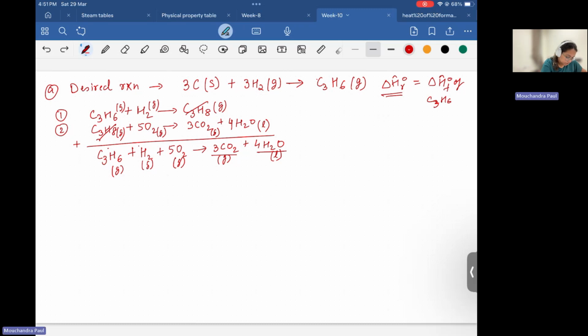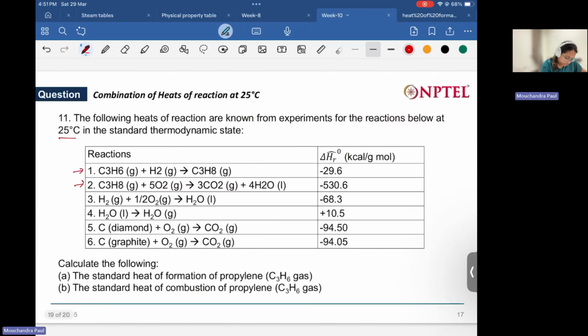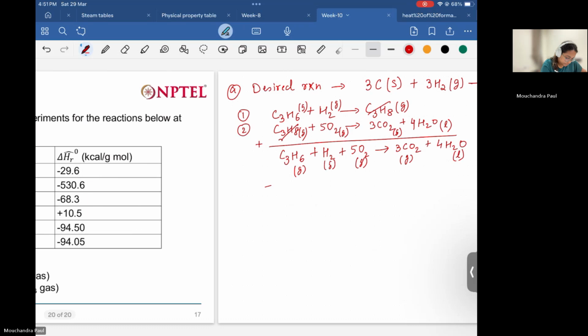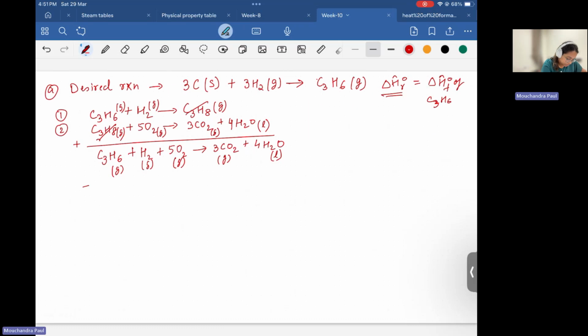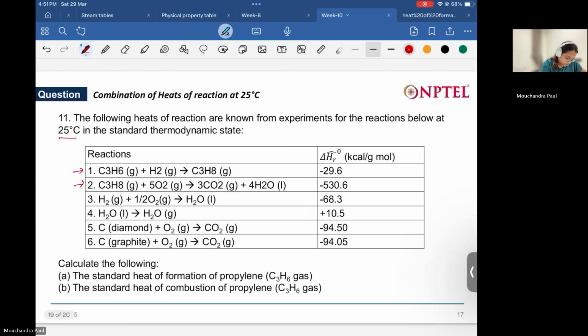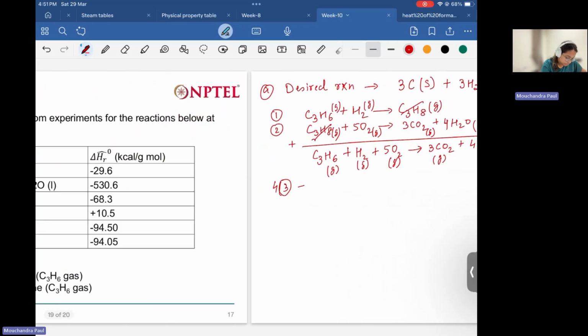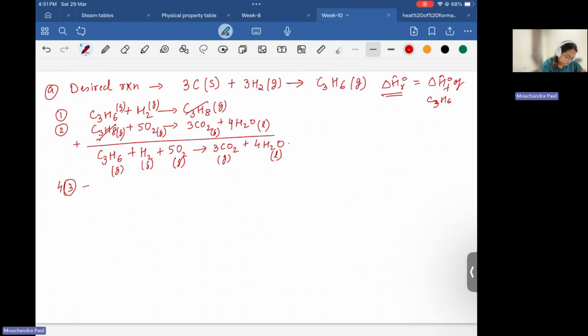So in order to do that, let's subtract 4 times reaction 3. So this is reaction 3. If we multiply it with 4 and then subtract it from this expression,